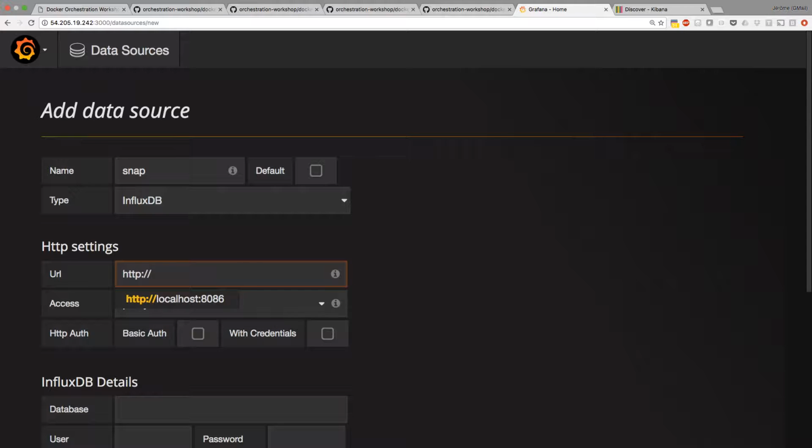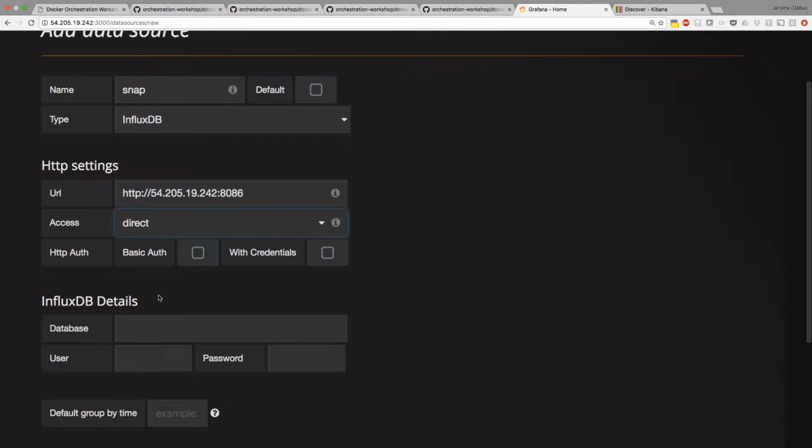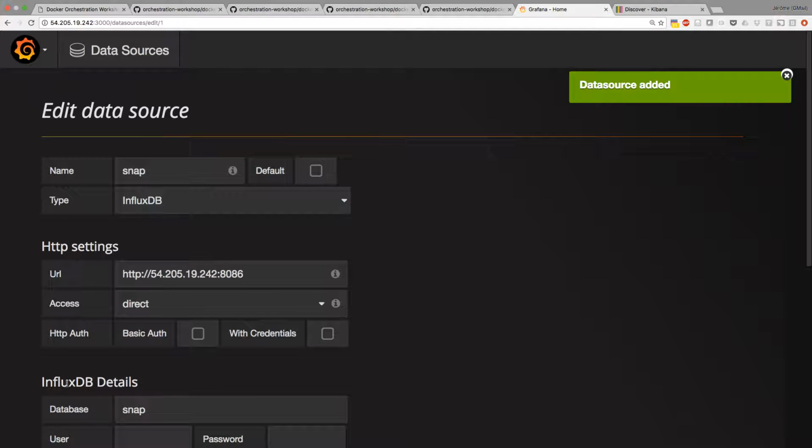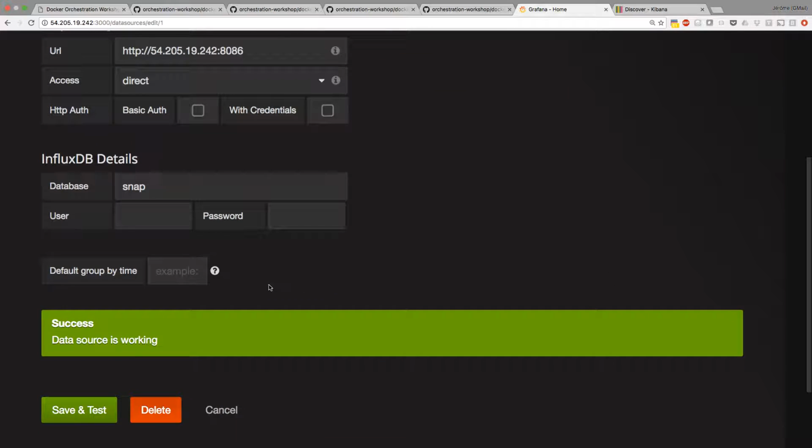http://. Don't fall in the trap, don't put localhost, because if you had Grafana and InfluxDB running on the same machine without containers, then yes, you could use localhost. But here they are on two different containers, so it's a different localhost as well. So here I have to put the IP address of any node of my cluster. Colon 8086, access direct,